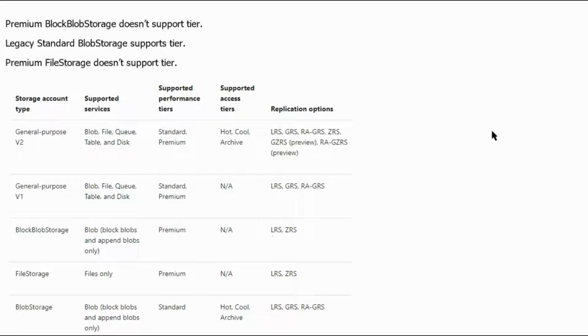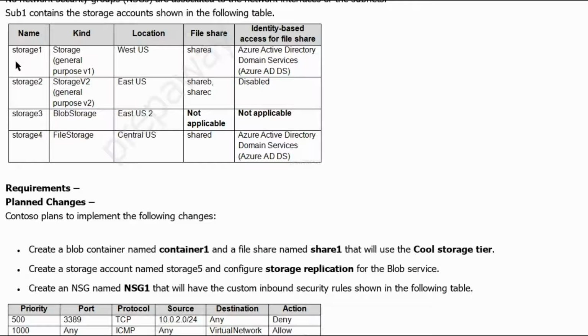Let's see in the case study what account types are given to us. Storage 1, which is storage general purpose v1 account, which doesn't support the access tiers. Storage 2, which is general purpose v2 account, which does support access tiers.